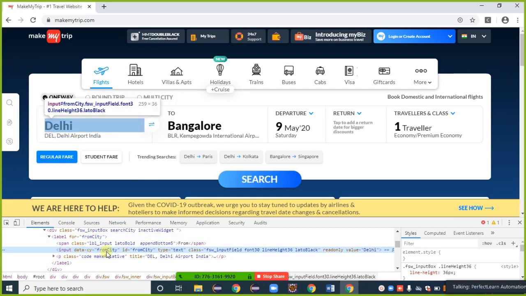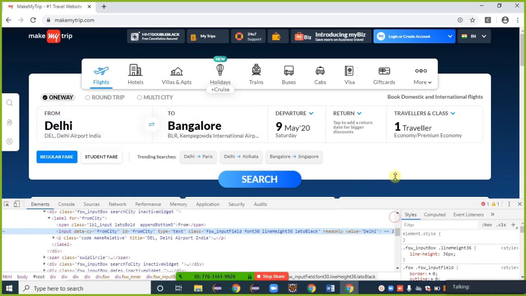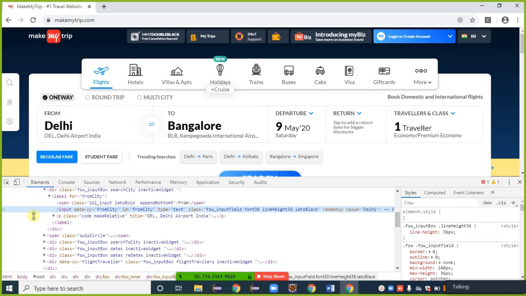Just observe that this blue line belongs to this whole web element. It is, suppose, a drop down. When I take the cursor on the blue line, the Delhi word gets highlighted here, and I need to first click on Delhi. So I need the XPath of that one, or I can go with ID also. ID is available here, class is also available here, but class has a space, so we cannot go with that one. Then another property is available, read only value. I can go with any one.